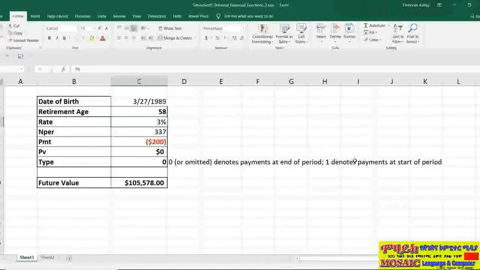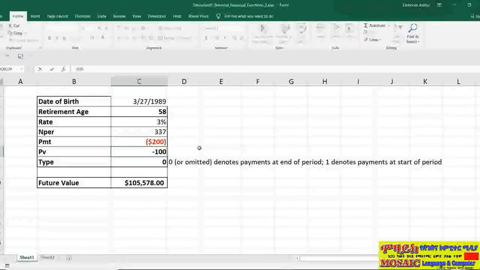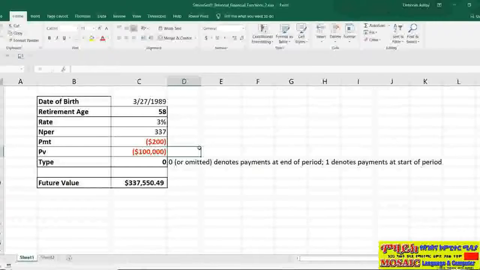One other thing to mention here, and that is to do with PV. Let's suppose that before somebody started saving for retirement, they already had a certain amount of money in their pension pot and wanted to include it in here as a starting point. Of course, remember, in that starting pot, if it's invested at the same rate of interest, that will grow in value as well. So let's assume this particular saver already has $100,000 as a starting pot, and that would go into PV as a negative value. So that's an amount going into the pension pot, and that would increase the future value of the pension pot to just over